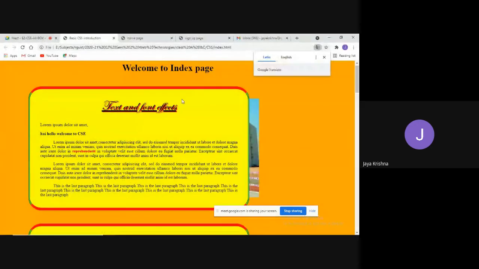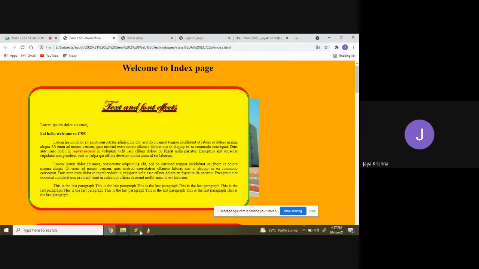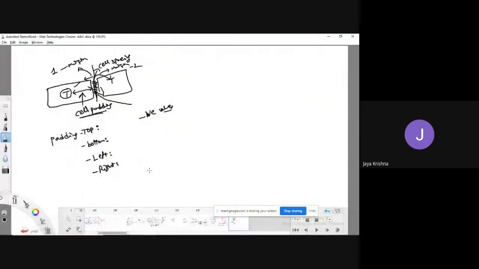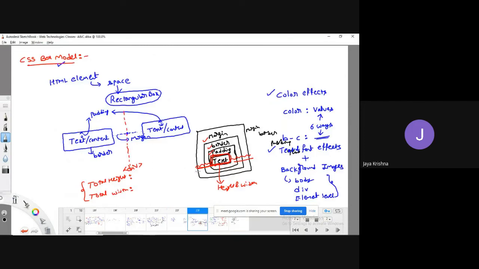So this is the concept of the CSS box model. But if you observe, at the starting of the classes I said the total height of the element is a combination of the size of the HTML element along with total height. Height means you need to calculate vertically, right? So you need to calculate top margin, bottom margin, along with top border, bottom border, top padding along with the bottom padding.